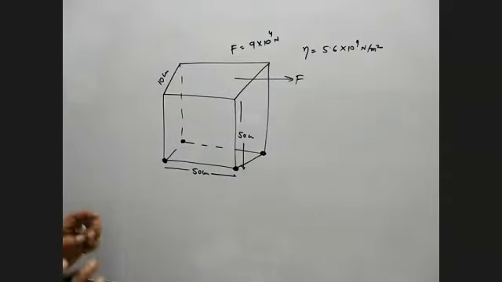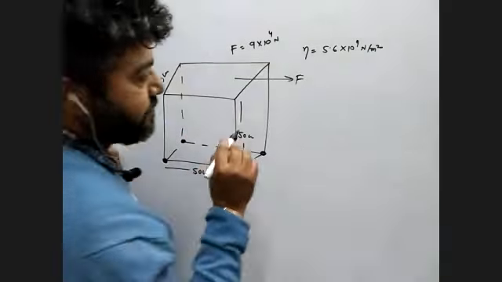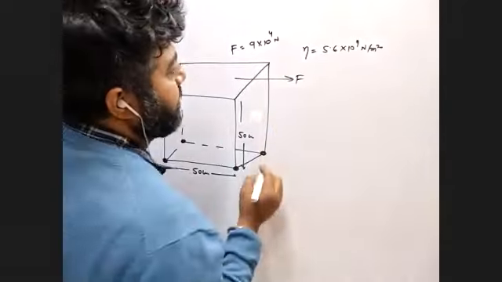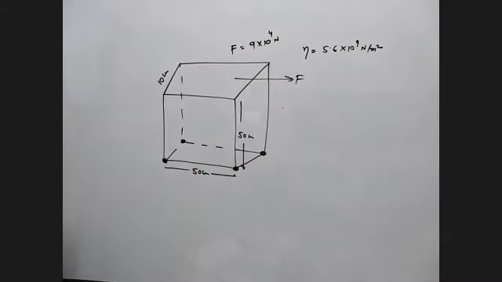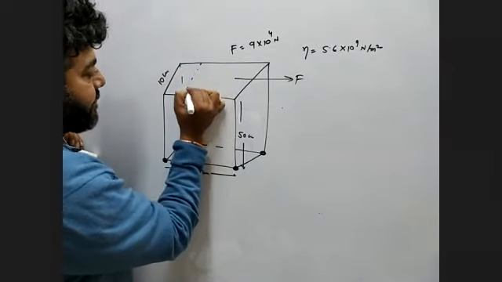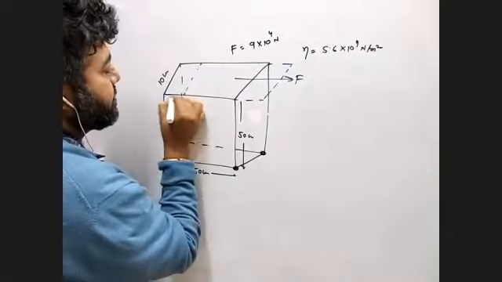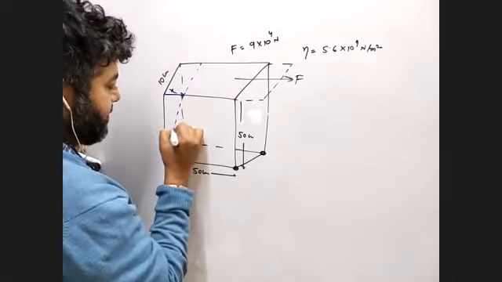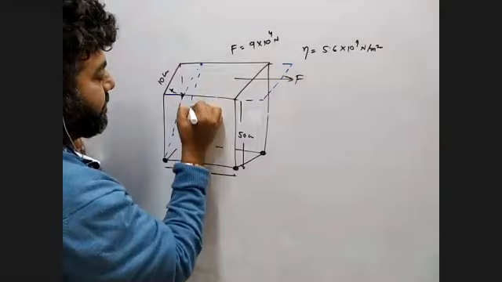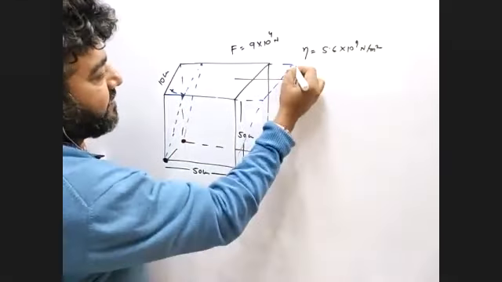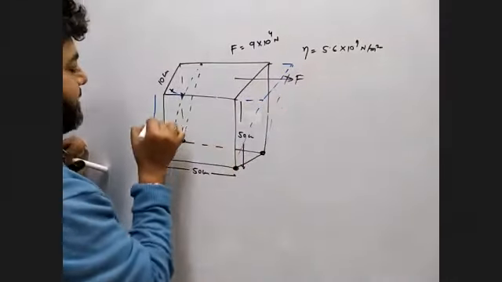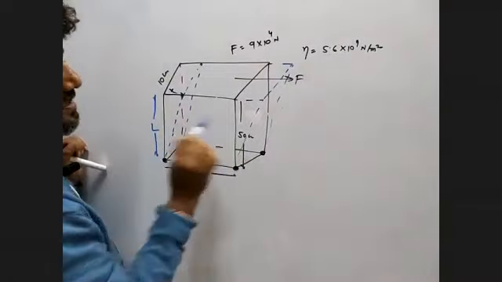Okay. So now see, first of all, we know what we have to find out in this question. How much will the upper edge be displaced? That means we have to find out, let this one is displaced by this distance x. It will be moved like this, I'm just giving a rough idea. And this one is L, which is 50 centimeter is given.